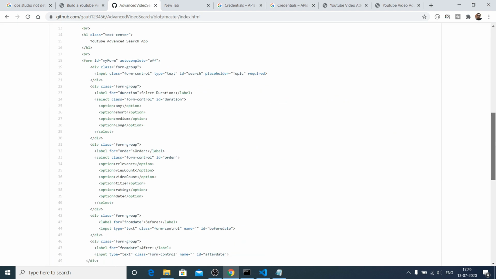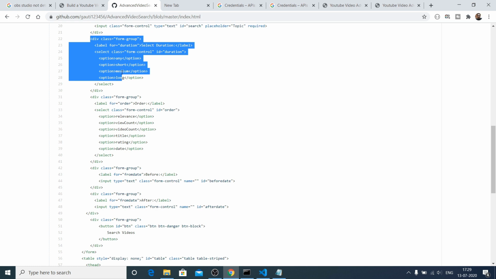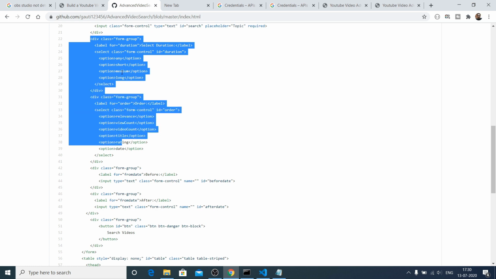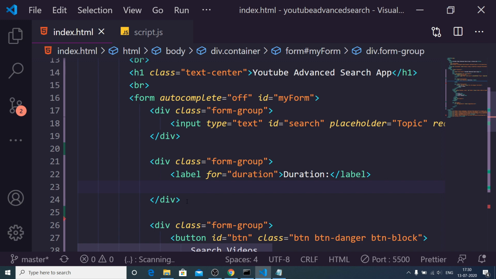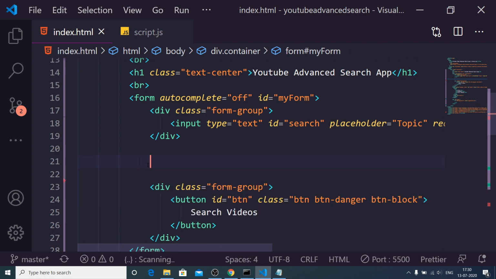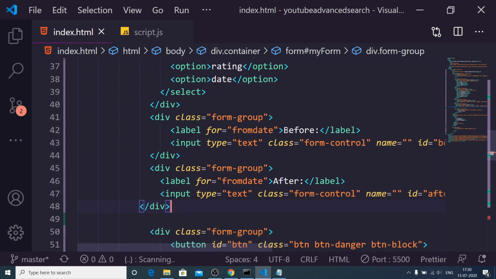So if I go to the repository, this is the HTML code. If I just copy this here, so this will include four filtering options: duration, order by, and this is before and after dates.